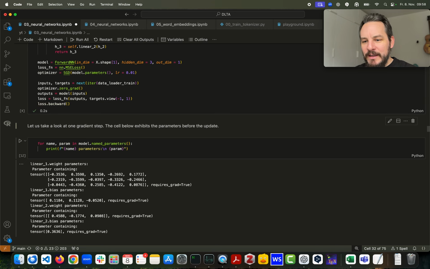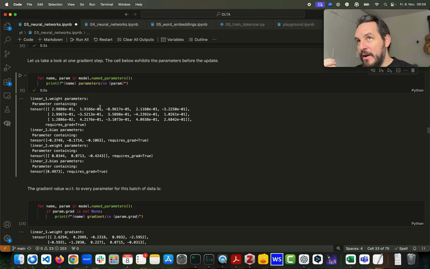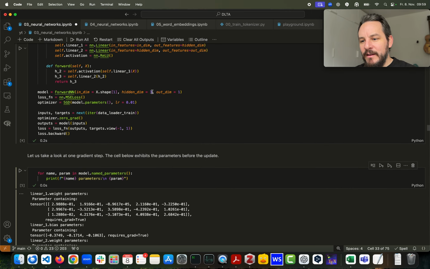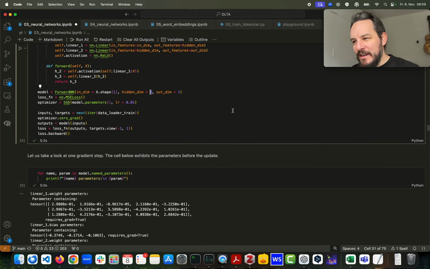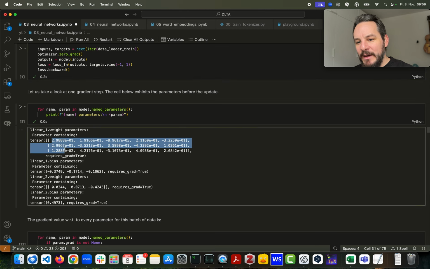Okay, so you can take a look inside if we execute this. This is how the model parameters look in the beginning. Here they have been randomly initialized. We have 5 feature variables in the beginning, and here we define that the model is supposed to generate 3 hidden neurons. So we need to make sure that we have a 5 times 3 matrix. Here this is the transposed version, so this is a 3 times 5 matrix